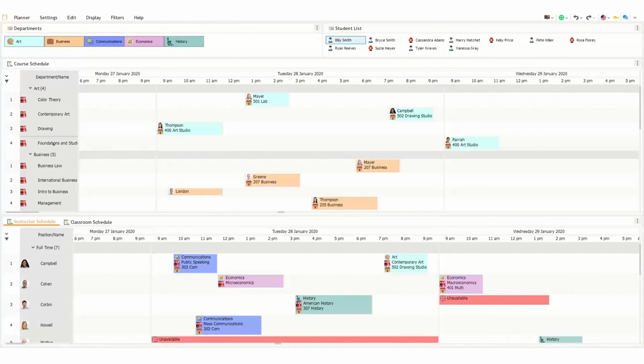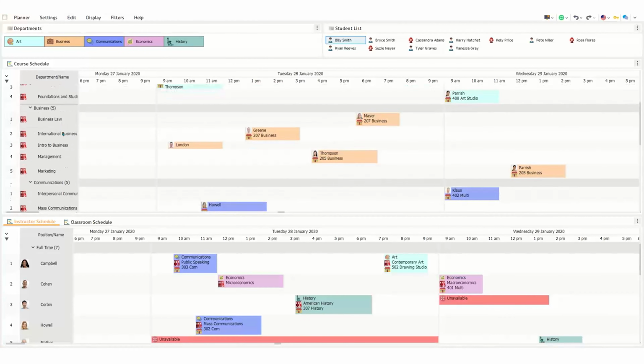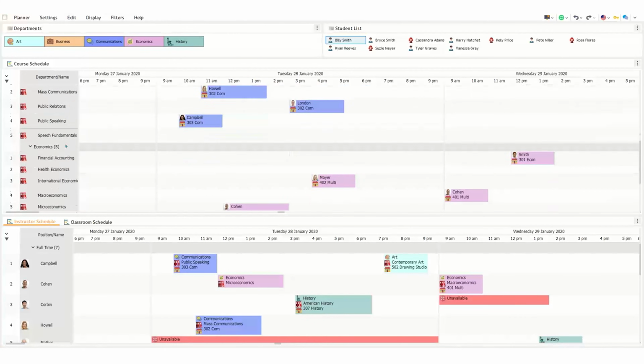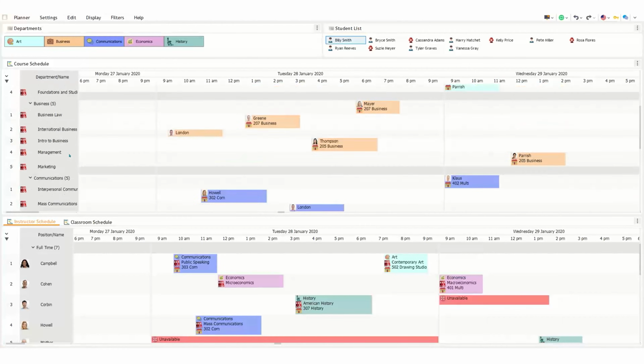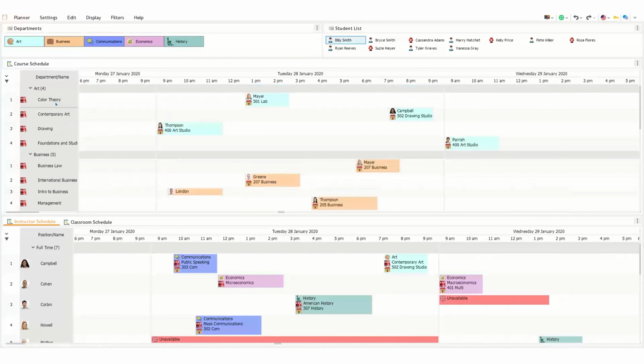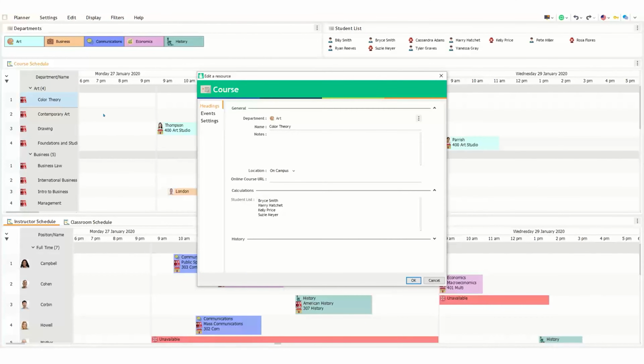So in the art department, we have 4 courses. As I scroll down here, we have the art classes, the business classes, communications, economics, and history at the bottom here. Okay. So if I were to double click on one of these courses, just for an example here